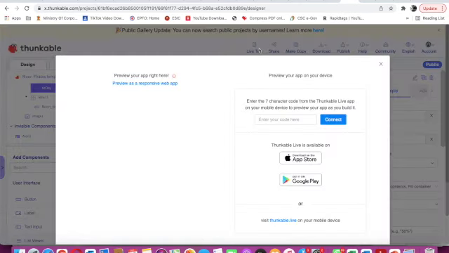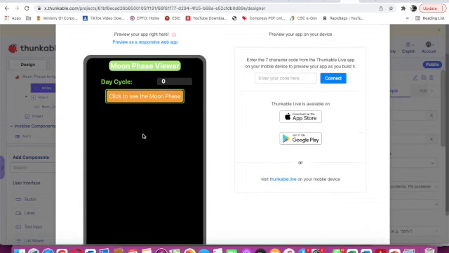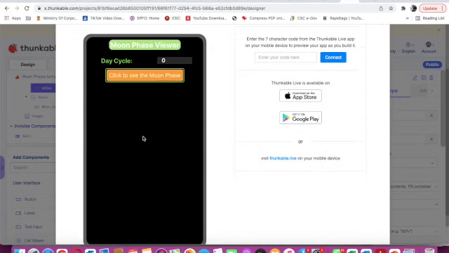I will show. See, it will look like this. Moon phase viewer, day cycle, text input. This is the button, click to see the moon phase. Here I will type day cycle 1. Now see, day cycle 1.